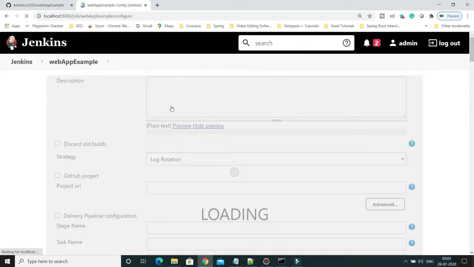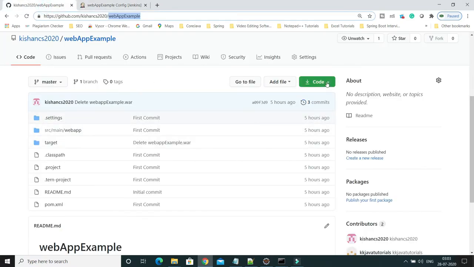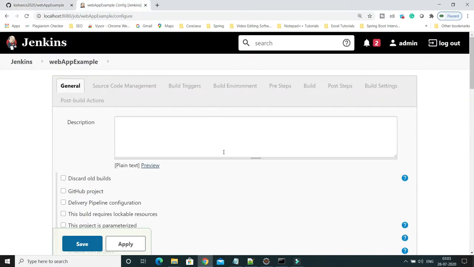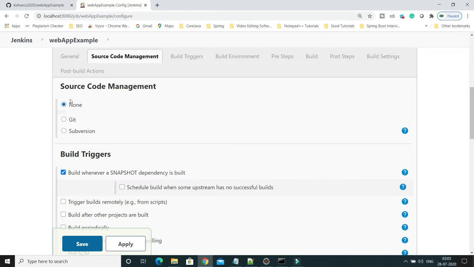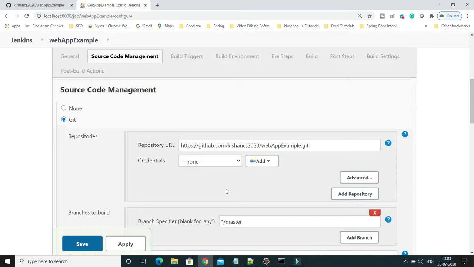A few things you have to keep in mind. First of all, I'm going to copy this GitHub project location, which I need. In the source code management section, you select Git, specify the Git location and click outside, so that this error will go away.